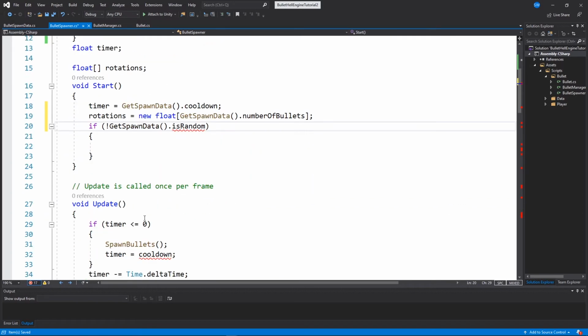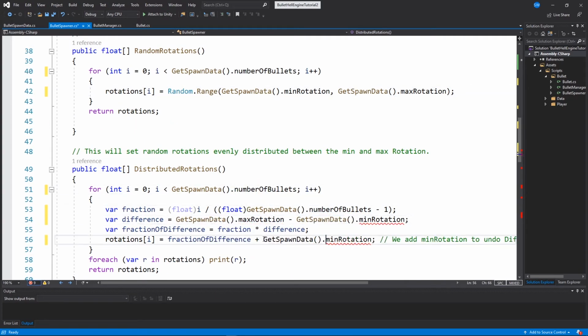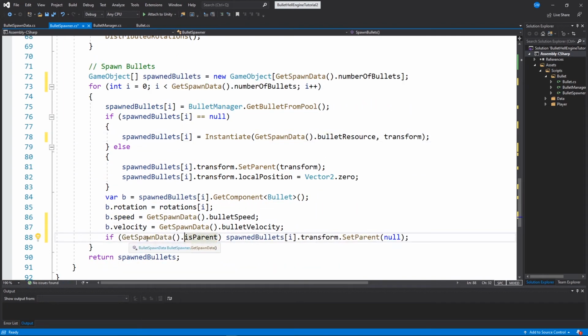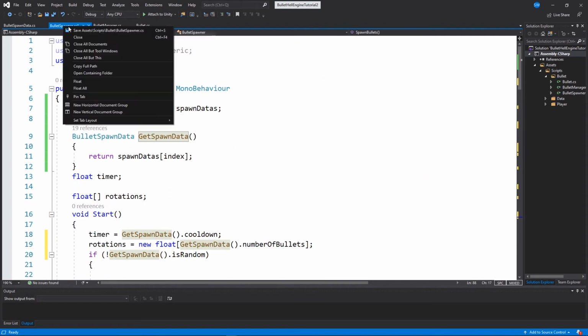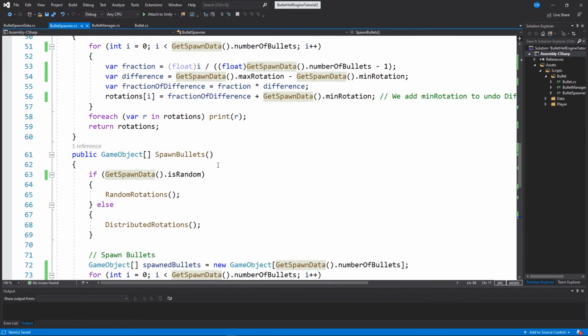So I'm just going to do that for each and every single one of these variables. This is a bunch of copying and pasting. Alright, so now that that is done,